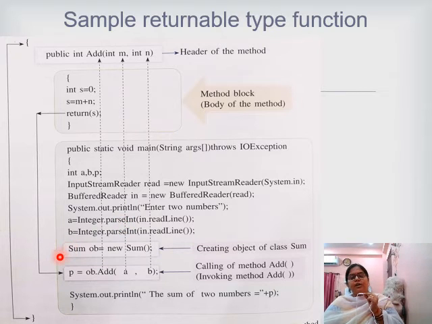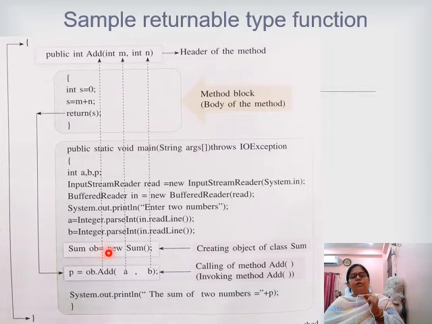And here we have created an object of a class. Our class is Sum. This is a variable, and we have created an object of class Sum. Now we are going to call a method add. See here, the return s has been called here when we are invoking it in a variable p, with ob.add(a, b). A is for int m and b is for int n. Here we have called a function or method add, or we can say we have invoked the method add.